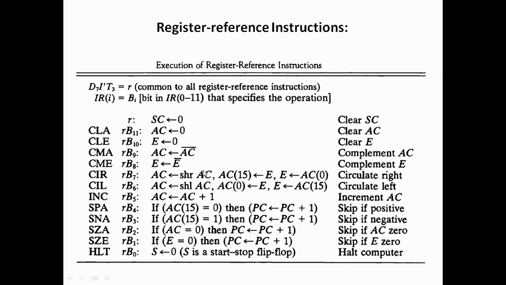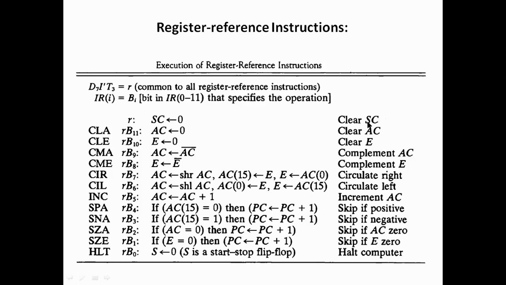So that means here for register reference instruction it should be D7 I' T3. Let us call this thing R. This implies that these lines should be 1: D7 should be 1, I should be 0, and T3 should be 1. And let us call this R. So if I go to this instruction, if there is only R, that is this in total is 1, then